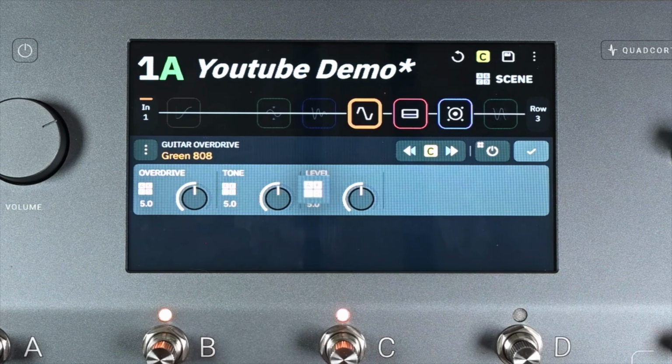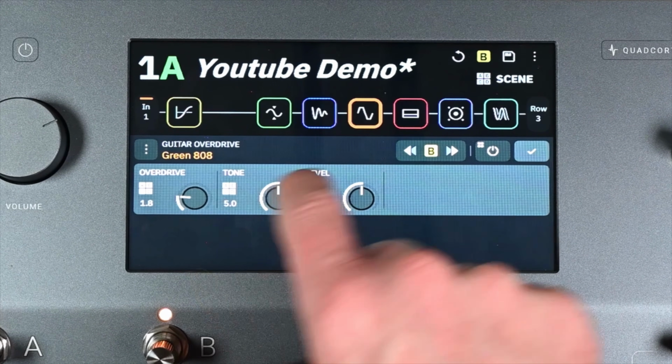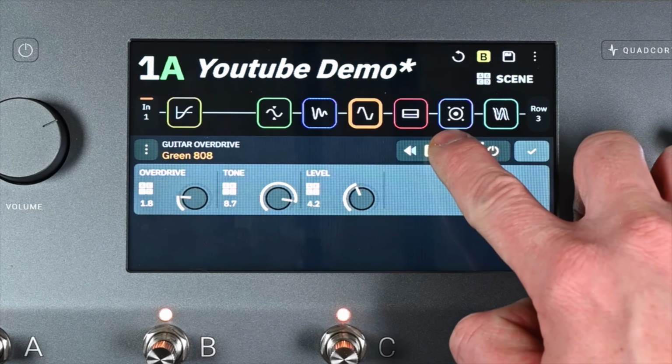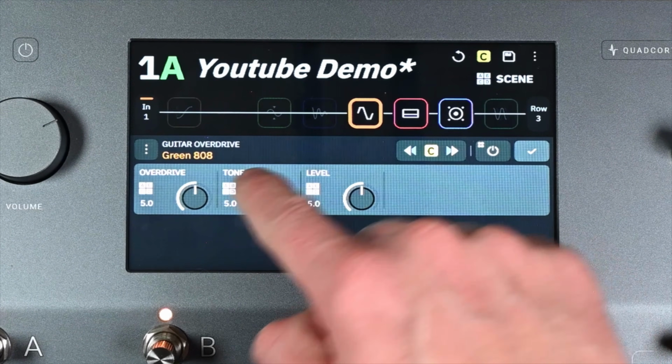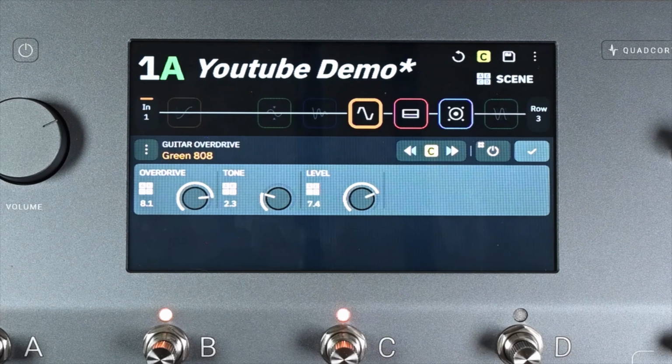I'm going to go ahead and assign all of these parameters to do that. I'm going to go to scene B. I'm going to bring the overdrive down, the tone up, and the level down just a little bit. I'm going to go over to scene C. On that one, I want the opposite. I want the overdrive to come up and the tone to come down and the level to come up, for